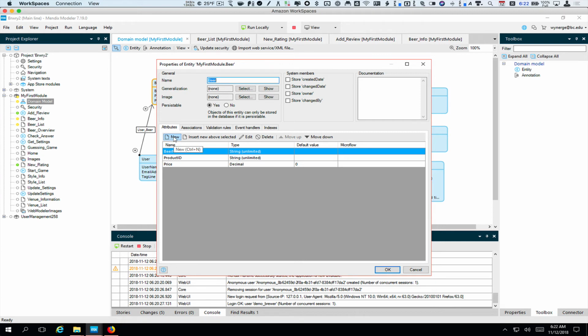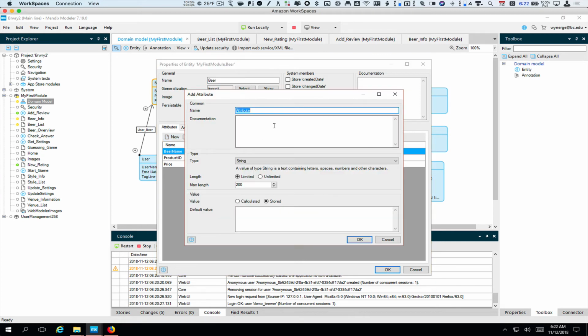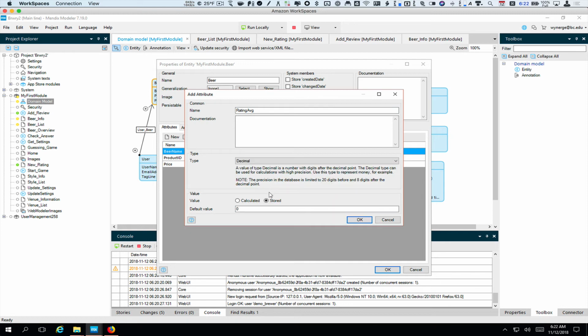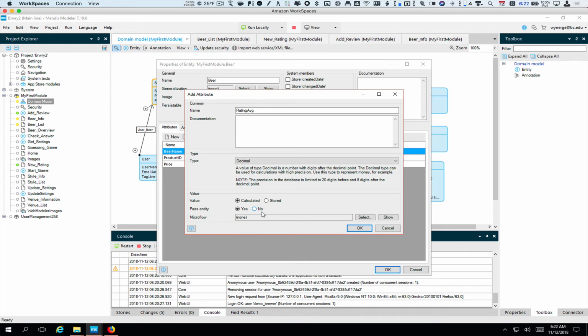So we're going to add some attributes. The first attribute we're going to add is called rating average. The type of data is going to be a decimal, and rather than storing it, it's going to be calculated. So in order to calculate it, every time we need to access that attribute, we're going to have to run